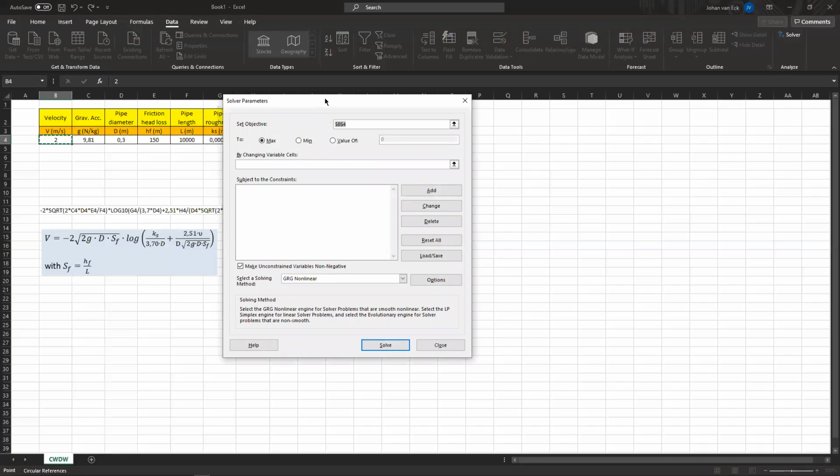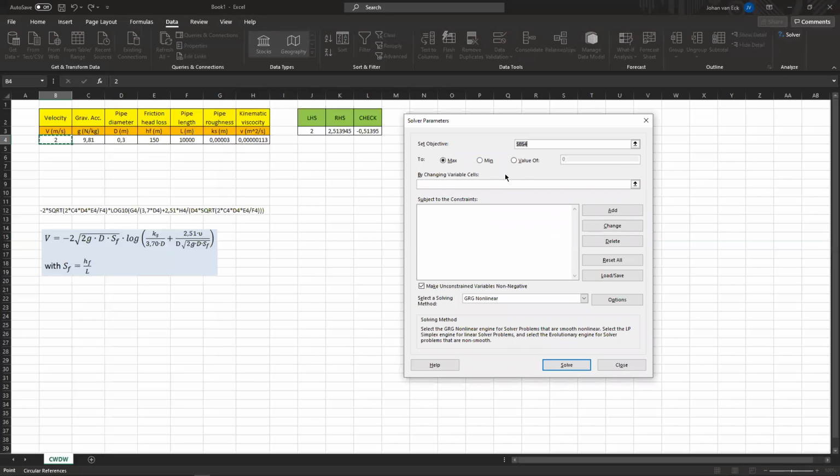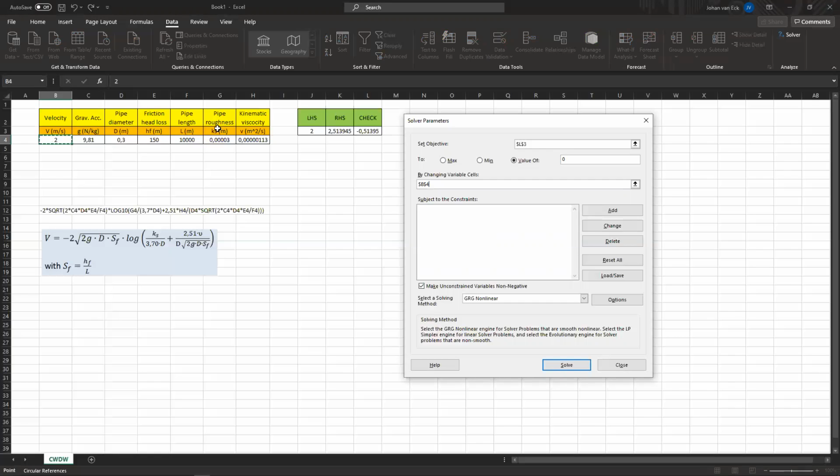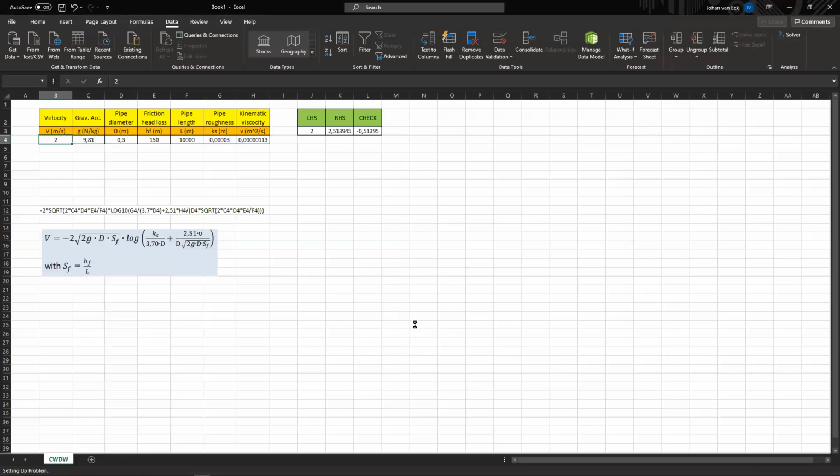Now Solver is a bit more complicated, but it's still really easy. So our objective in this case would be, once again, to set that cell to the value of 0. It's basically the same method as GoalSeek, but for some reason it does something different. Then we also have to say what cells we are changing. Once again, the same as our previous one by using GoalSeek, but now we're just using Solver. And then we did all this. Now we just say solve,